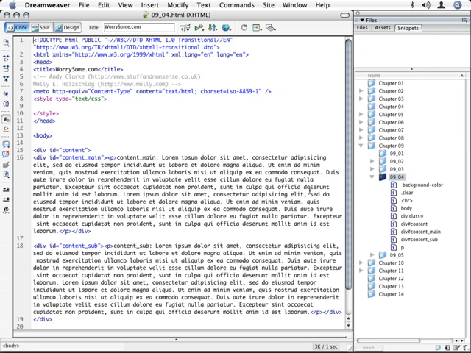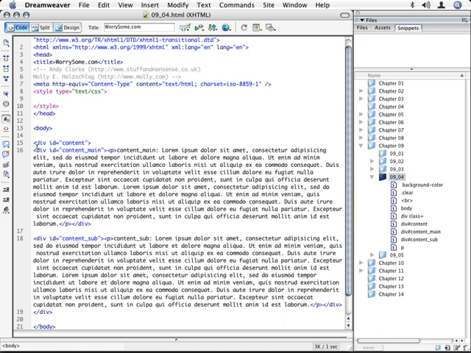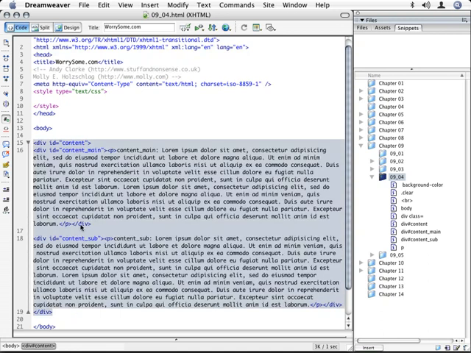We've already seen a little bit about the kind of cool stuff that we can do with floats, but I have to say that for people coming to floats for the first time, it can be one of the most hair-pulling experiences. So let's have a look at one or two of the problems with floats and how we can solve them. So going back to a previous example, what I've done is I've created a simple XHTML file,